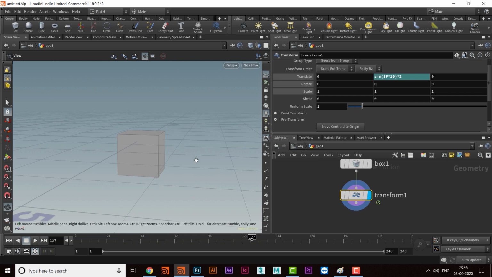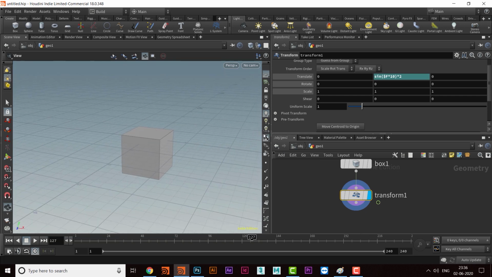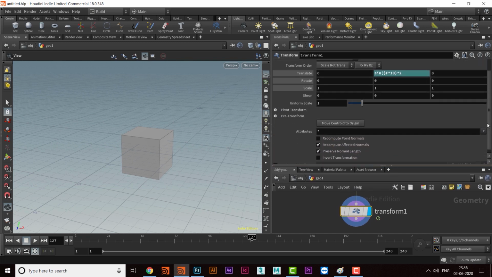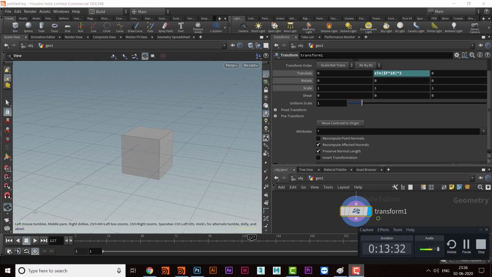Here is one more thing I want to cover, another expression, that is x min, x max, and all that.